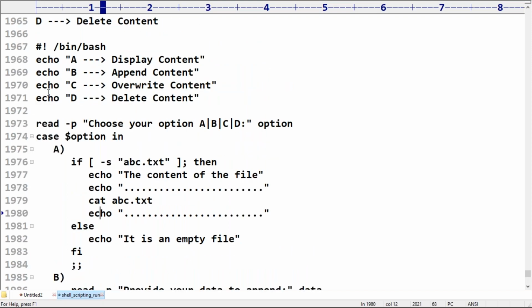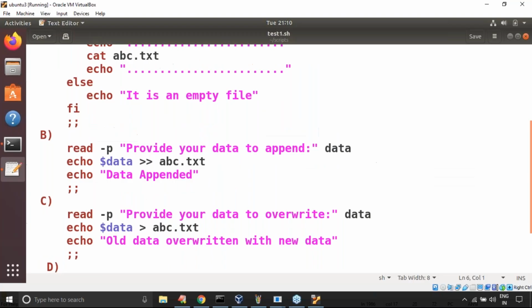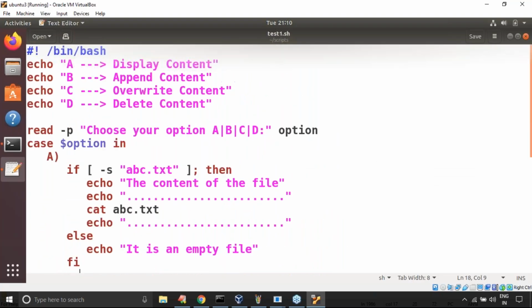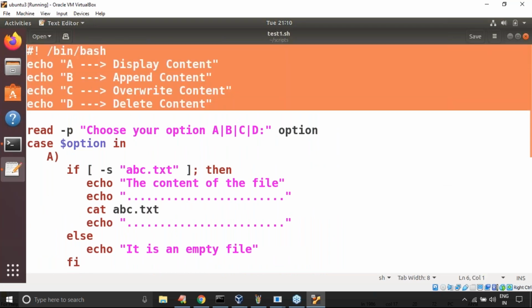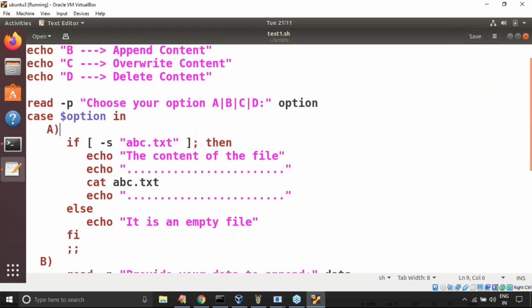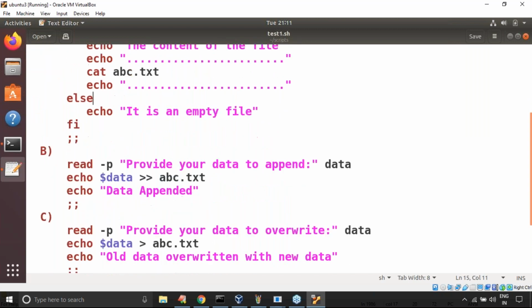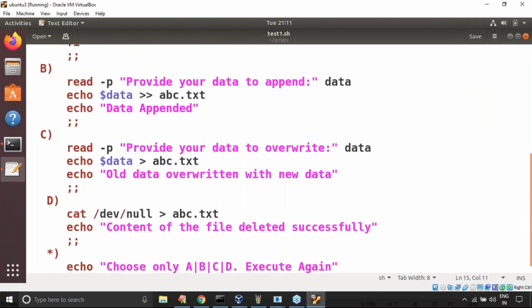Sir, have you observed right here, up to this one time and then the remaining part? Can you please cross check whether the total thing came or not? Yes, sir, here just have a look once. Display content: read, choose your option, A, B, C, D option. If hyphen yes abc.txt. Okay, sir, provide it. A means